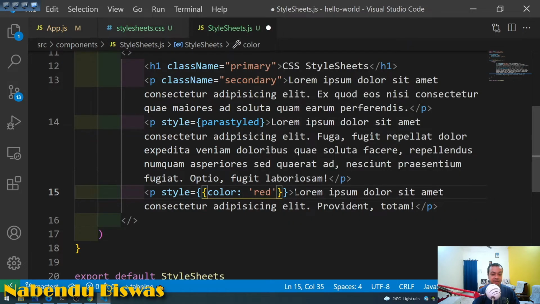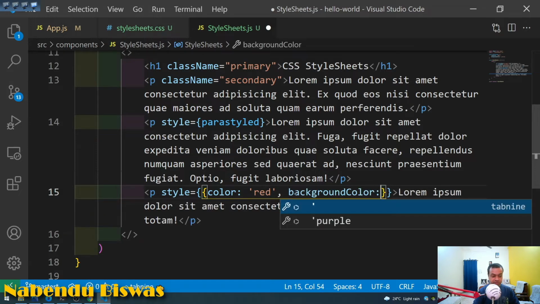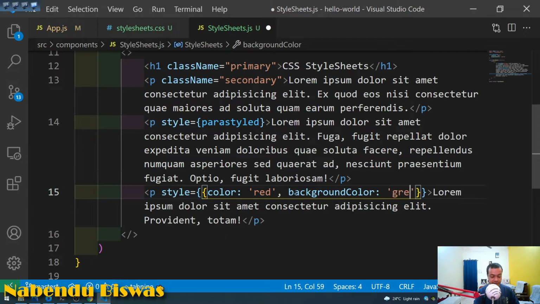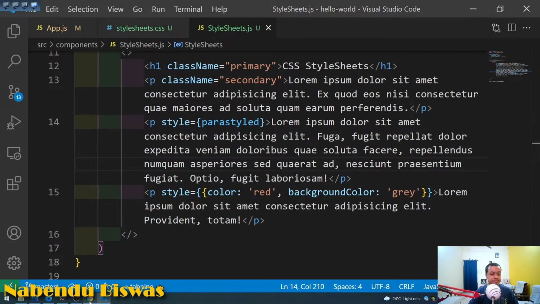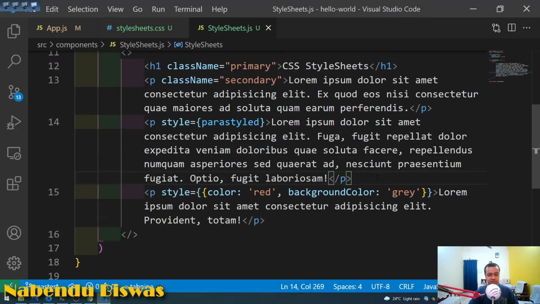Okay, color will be red, then comma, background color will be gray. So like this we can do. So save it and see, this has been done. So this is the second way. So now we will see the